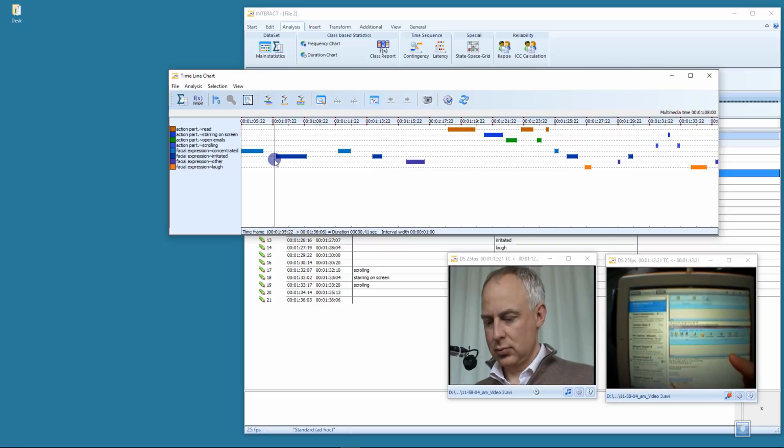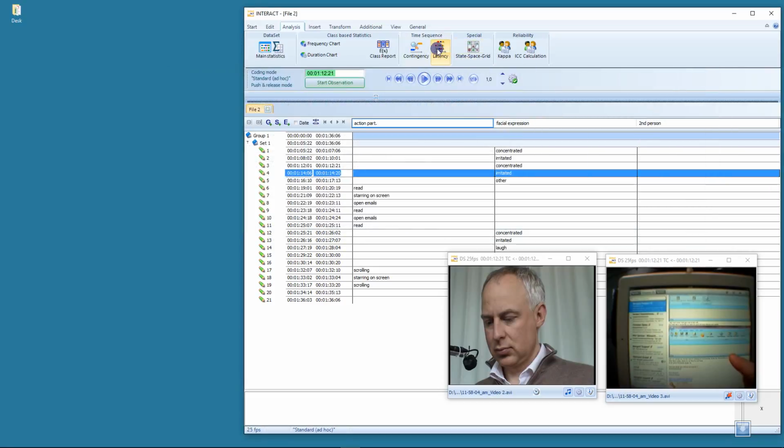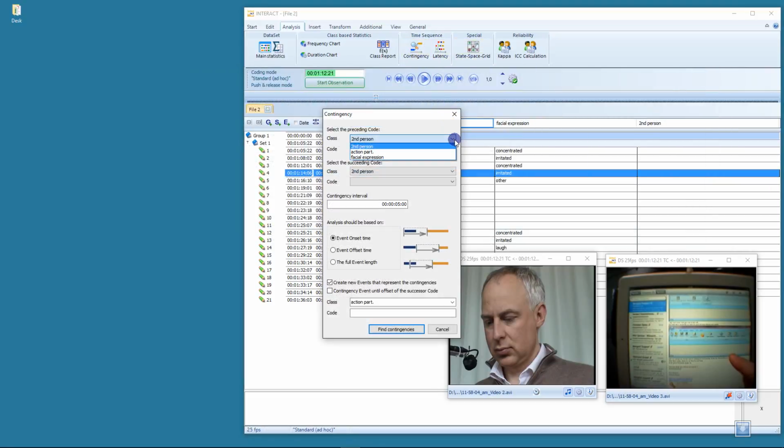ask Interact, please show me all those sequences between as new events. To do so, let's go to the Contingency Filter, and within here I select facial expression, concentrated, and again facial expression, irritated. Now I say if those two codes follow each other within 5 seconds, or let's say 10 seconds, here 10 seconds, then I call this a contingent behavior in a new class called Conti, for example,